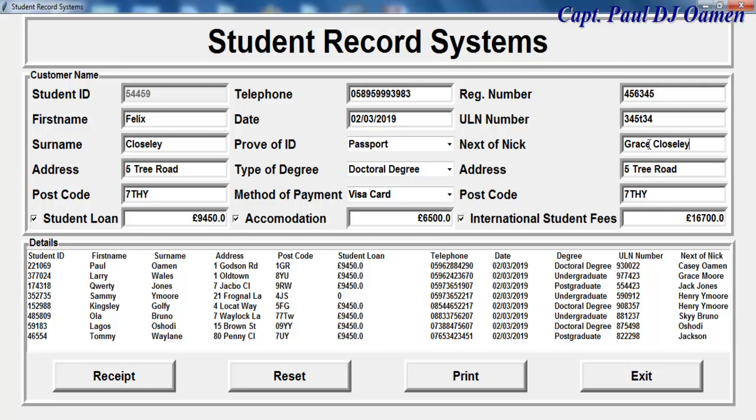So all we need to do is click on receipt, and that will be published onto